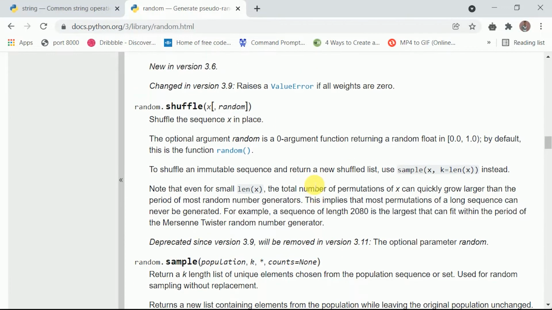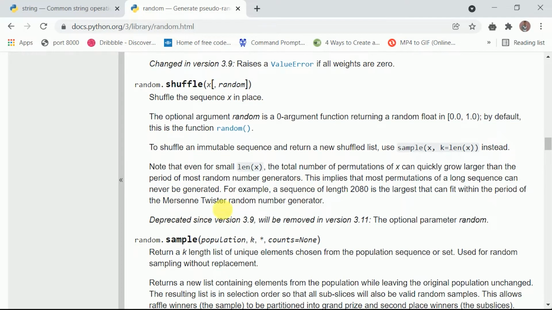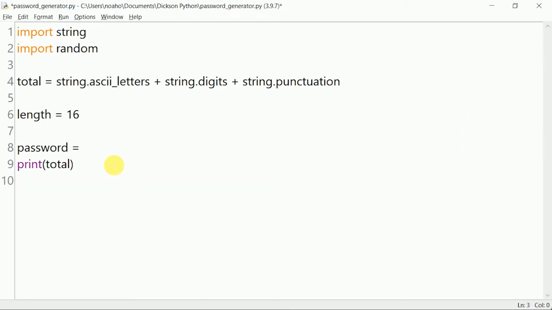Okay. No. What I want to use is the sample method. So I want to sample it. I want to return a particular length from the total variable. So I want to use random.sample. Just going to go back into my code. Password variable is equal to